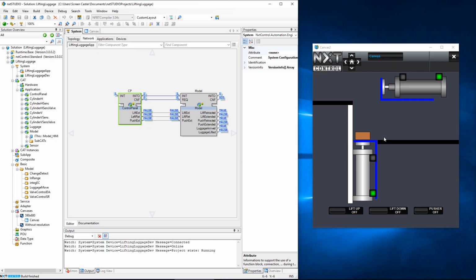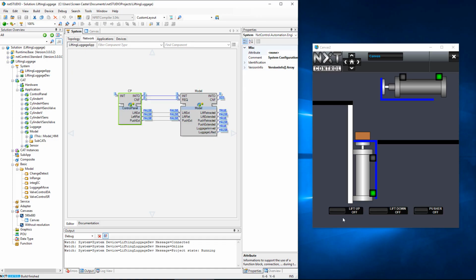Now there are 2 others concerned with the luggage. This we say are environment sensors. That means they are neither associated with this mechatronic component or this mechatronic component. It comes from the environment. So we have a luggage arrived. That means that whenever there is a workpiece ready to be lifted up, luggage arrived is true. And whenever there is a workpiece ready to be pushed, then luggage lifted will be true. So let's see,